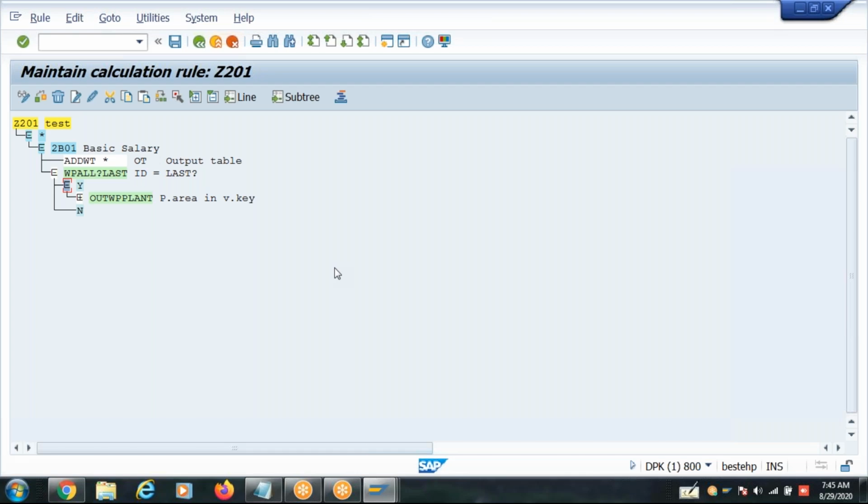What is the difference between basic salary and the latest basic salary? Latest basic salary can be a change in the basic salary, the previous basic salary. When? When the schema is executing. Is it from the beginning of the period? It can be, the salary increment can be mid of the pay period also.